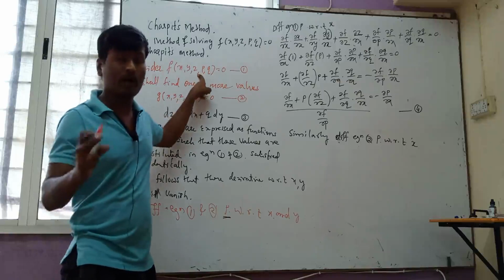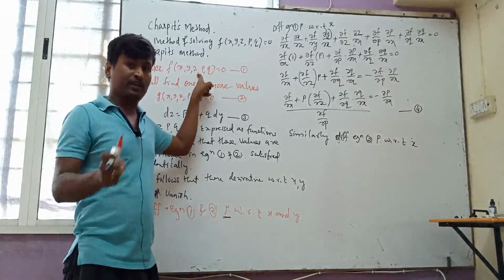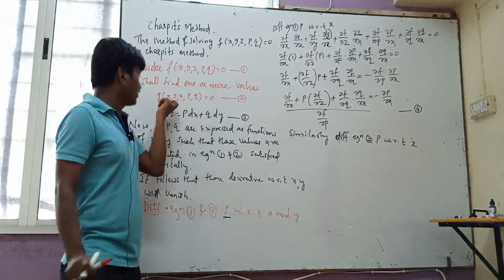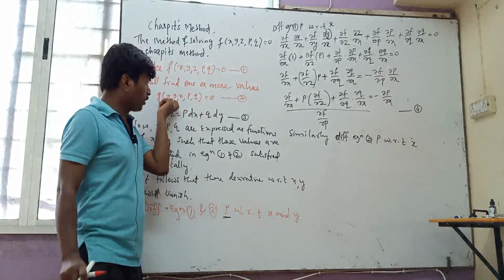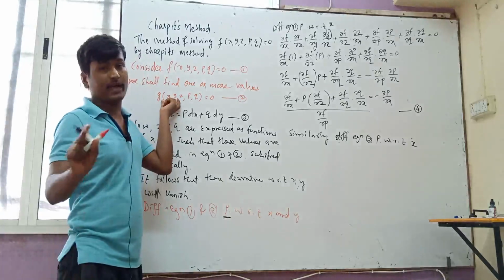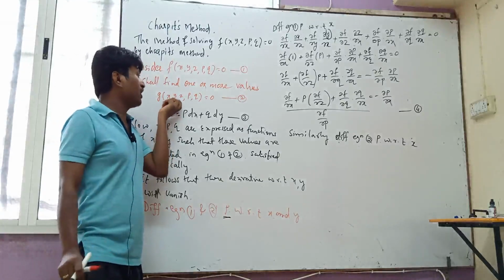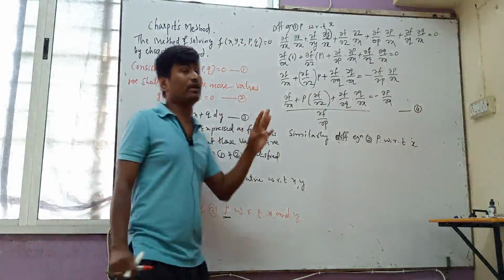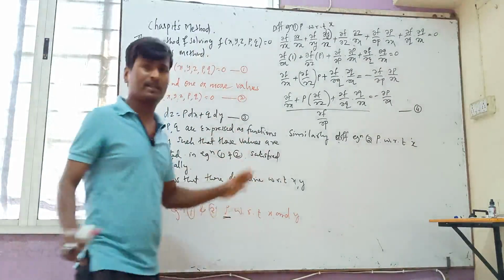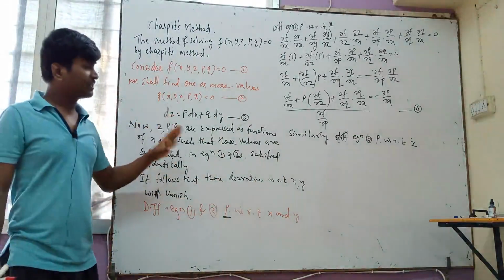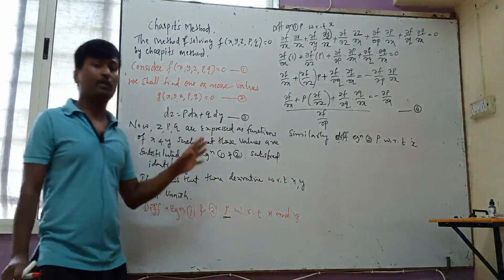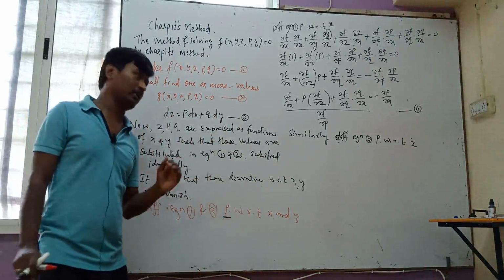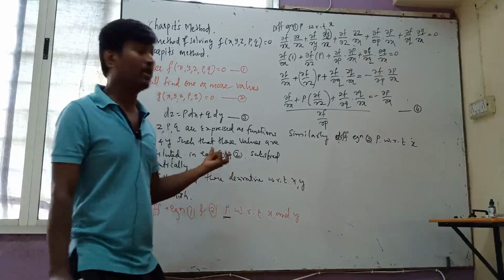There are 4 times we have to differentiate. Differentiate equation number 1 with respect to x. Differentiate equation number 1 with respect to y, the 2nd time. Differentiate equation 2 with respect to x, the 3rd time. Differentiate the second equation with respect to y, the 4th time. This is the biggest and a lengthy method to solve first order partial equations, to find the general equations.